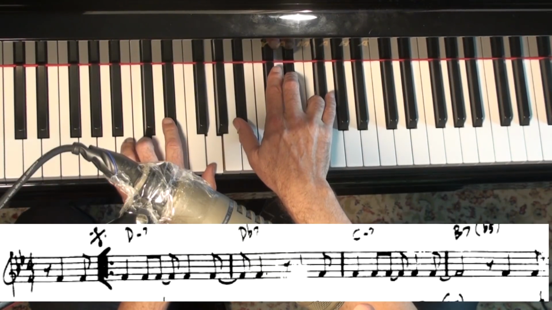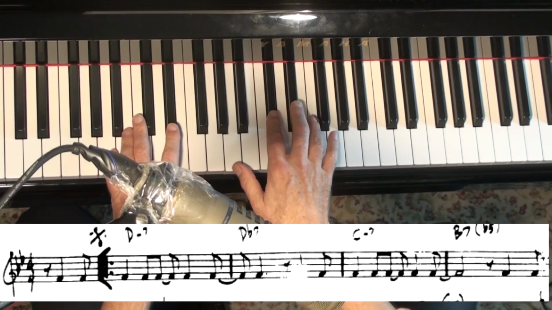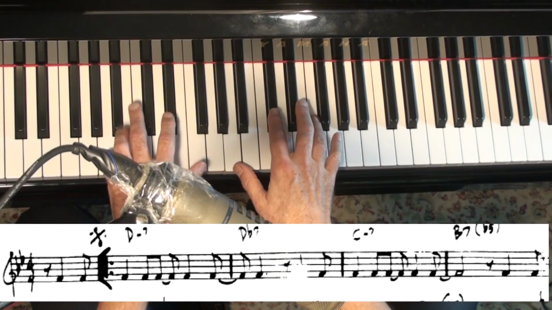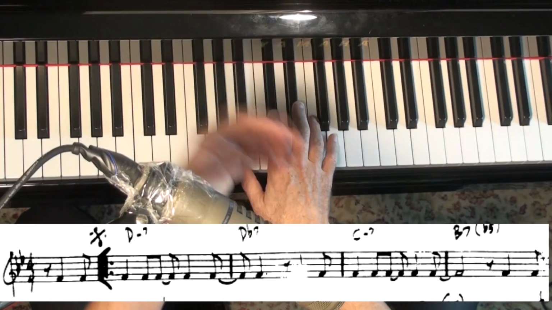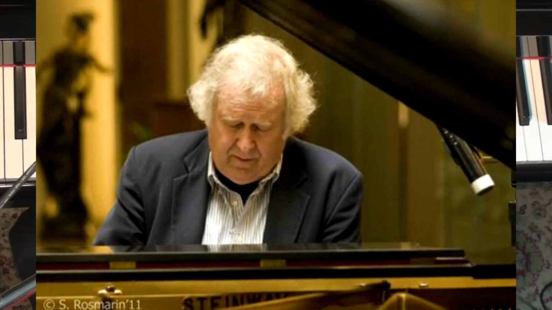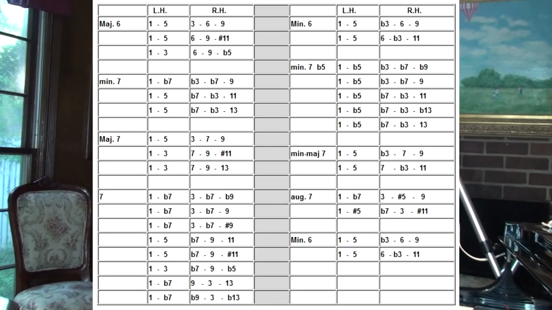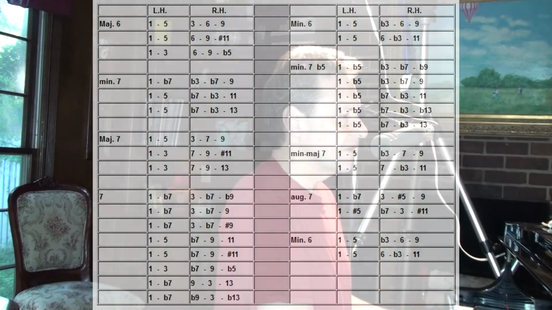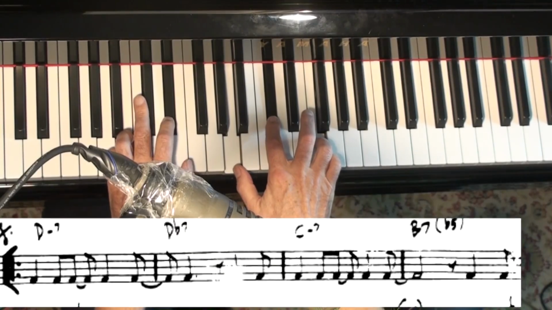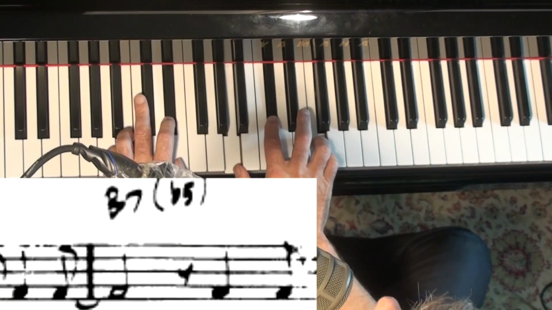Then you get the B7 flat 5. And on my chart, it calls it a... because this is the way I was taught, from a teacher. I didn't go to Berklee College of Music, but my teacher actually was a teacher there, and I think he maybe went there too, Mr. Ted Howe. And the chart I got from him years ago shows this chord as being either the flat 5 or the sharp 11. Now, I never could quite figure out